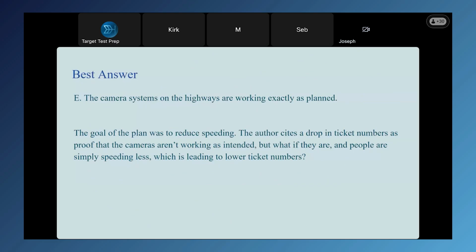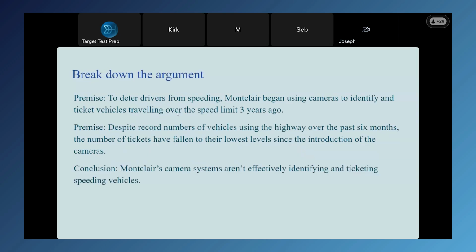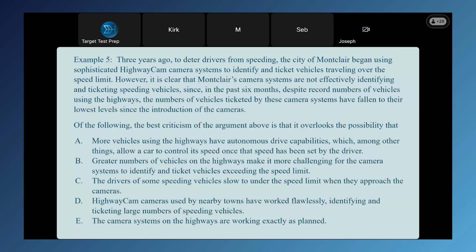Yeah, so if the cameras are working as intended, the goal of the plan wasn't to ticket a bunch of cars forever. It was to change people's behavior on the road. And C is wrong because we're talking about these cameras. The conclusion is that these cameras are not effectively identifying and ticketing speeding vehicles. In the case of C, if those vehicles were speeding